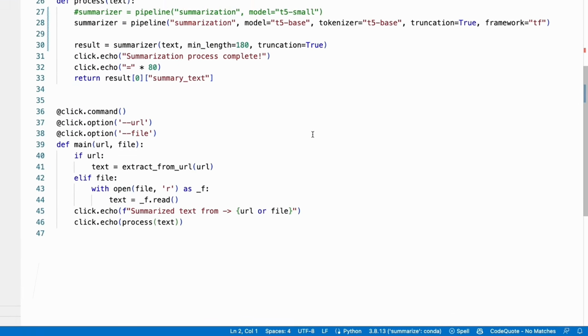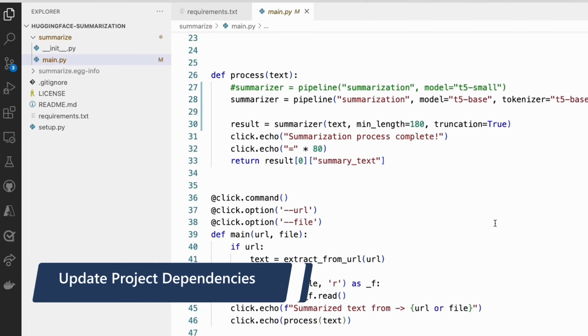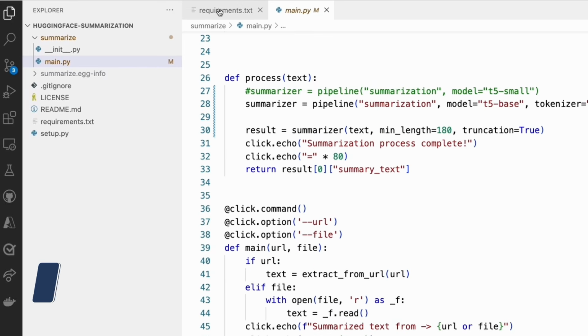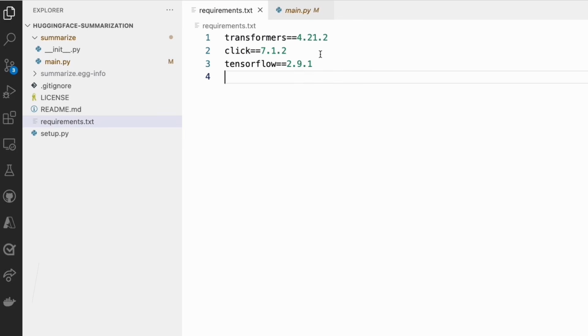All right, so the first thing that we want to do is take a look at the requirements. What are the libraries that we're going to be working with? Transformers is fine and TensorFlow is fine as well, but Click is the command line tool framework. So because we're porting this over to an HTTP service, we're not going to need that anymore. And we're going to start adding a little bit of the things that we're going to be working with. We are going to actually use FastAPI. FastAPI has a good version here that I want to use, which is 0.78.0.